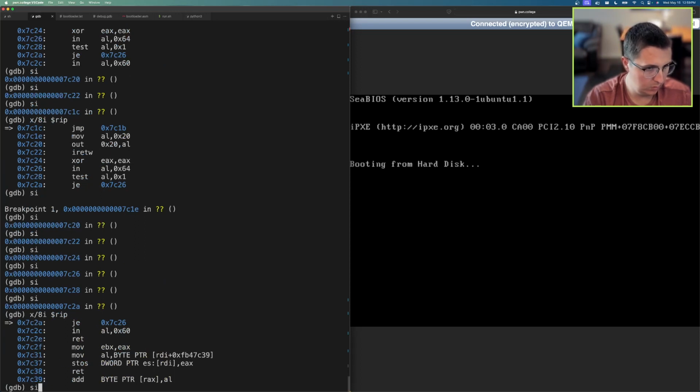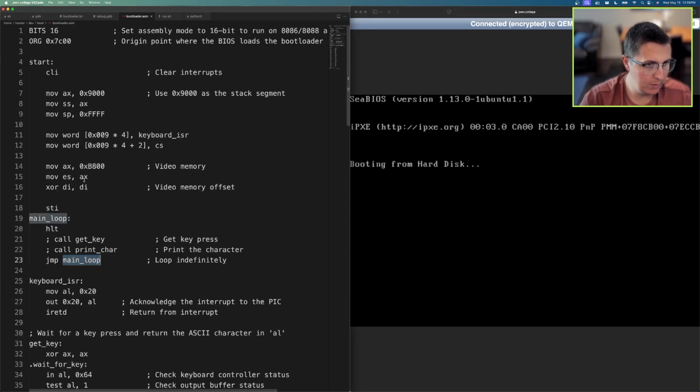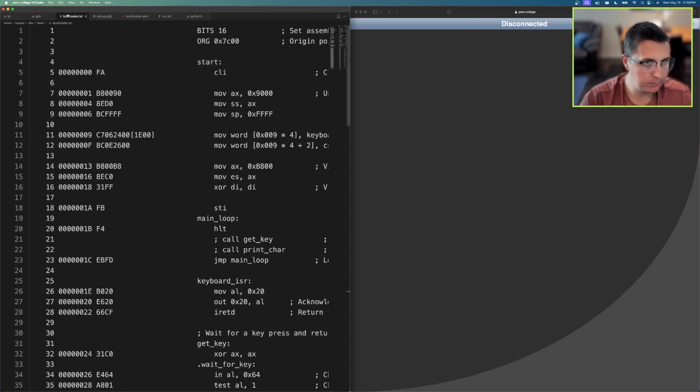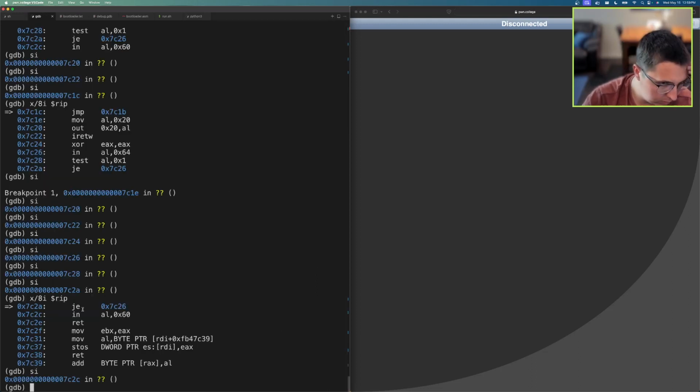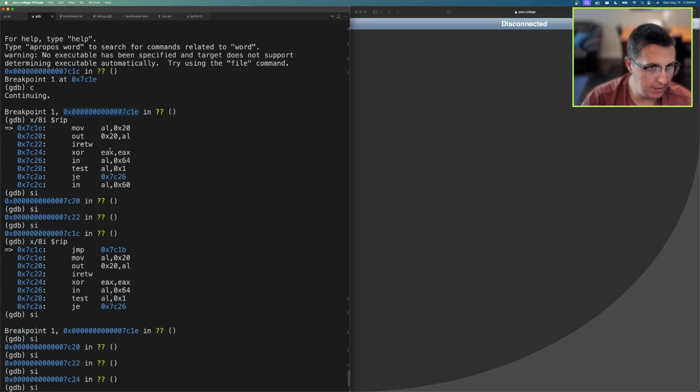Let's jump if equal. Jump if equal. Wait, where's my jump if equal? Why is it doing a jump if equal? How did I end up here? Something went wrong. Okay, so initially we were at 1E, which is where I set my breakpoint,